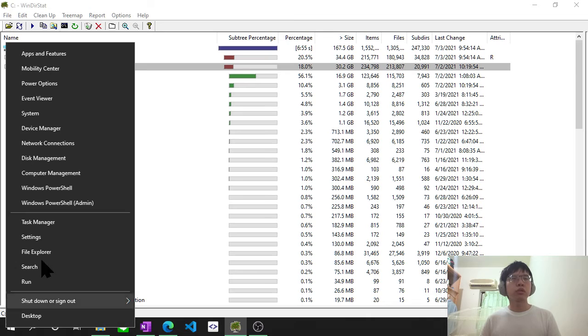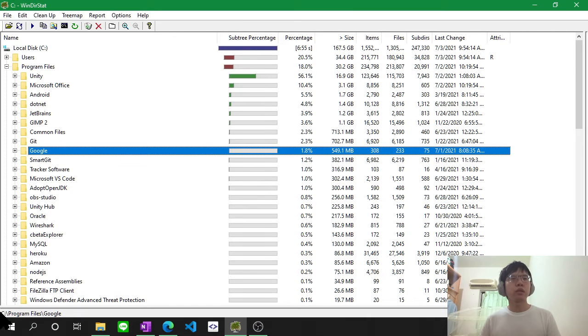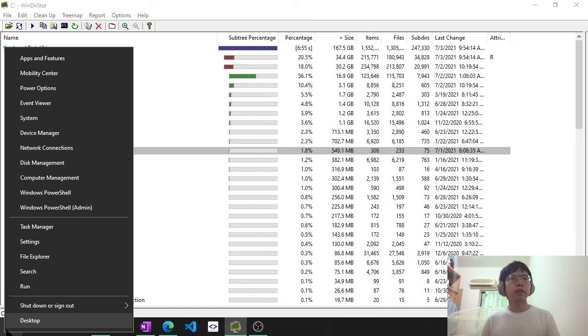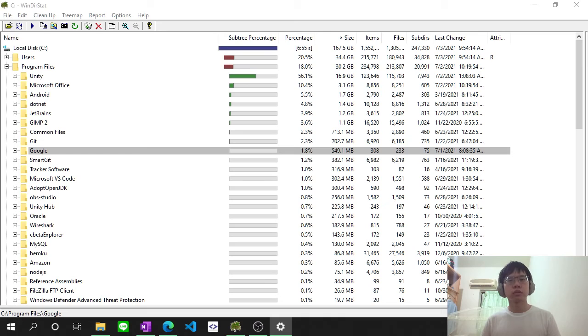So you should go to the Start menu, right-click the Start icon, right-click, Apps and Features. You should uninstall those programs here,